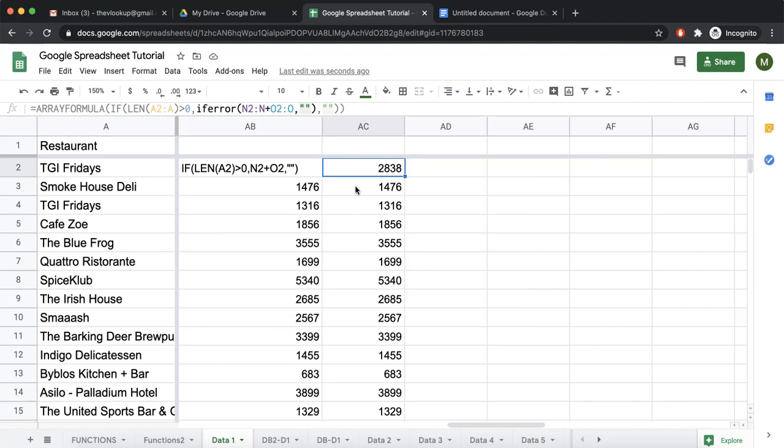Let us see a few more examples of how to use array formula in the next video. As I said, we are going to spend some time on array formula because you need to be very comfortable with this function, as it is very powerful and we will be using it a lot. Even when we do the project at the end of this course, you will see that we use array formula a lot. So you should have very good hands-on practice with this function.